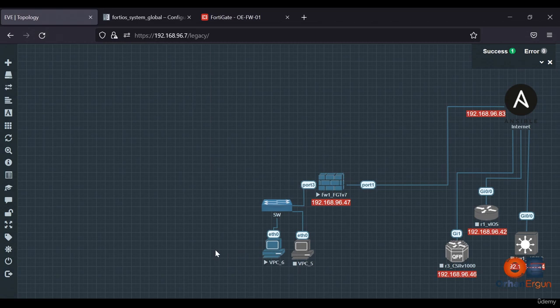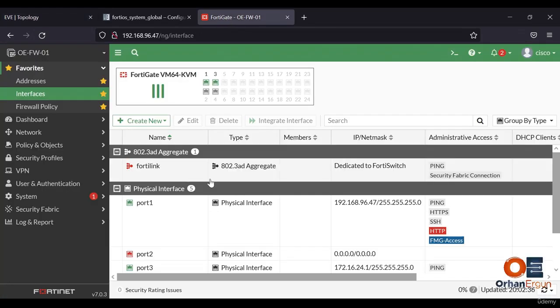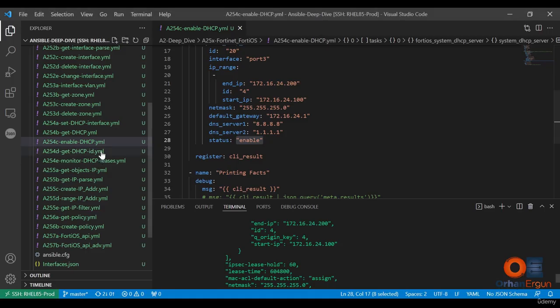So one of the most challenging things that I found in the FortiGate: if you enable DHCP server, there is no tab within the GUI until now, maybe in the future they will have, to get you the leases. I don't know the MAC address of this PC. I don't know the host name, the lease time, what is the status. You must go into the terminal itself, type a command to get that information, and this is not helpful. But in the API, but in Ansible, we have this capability, which is